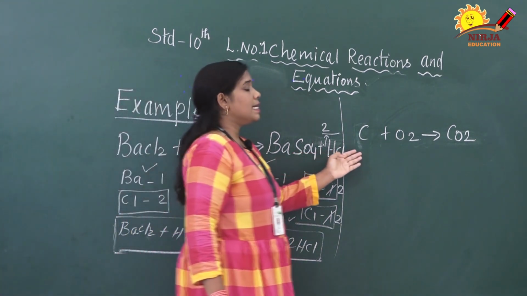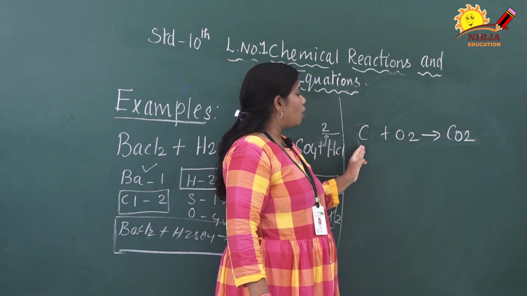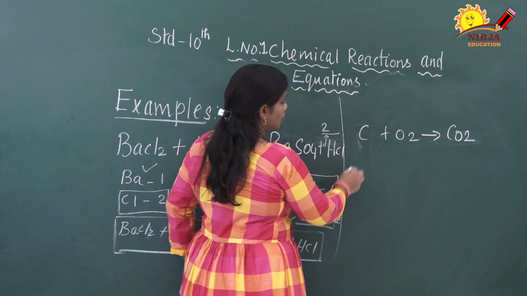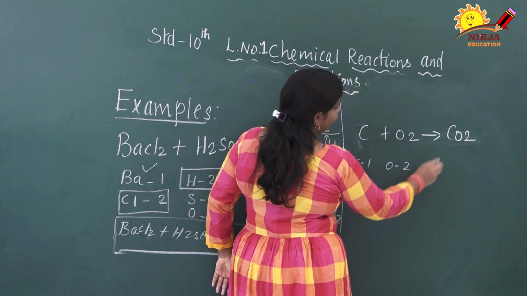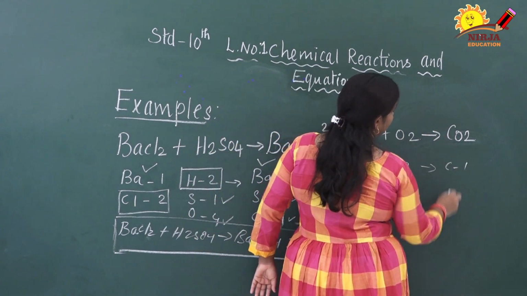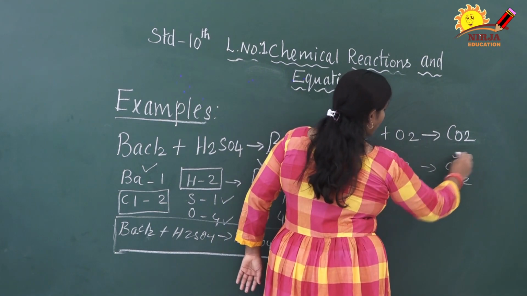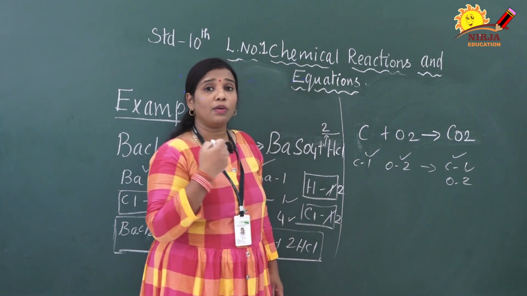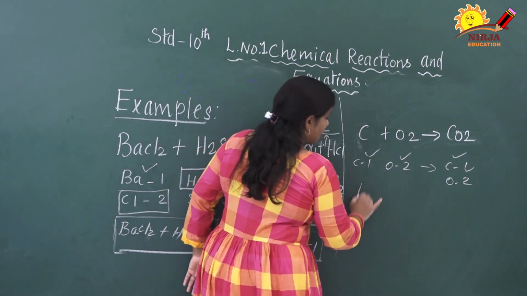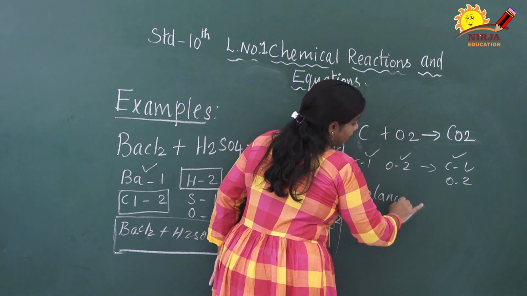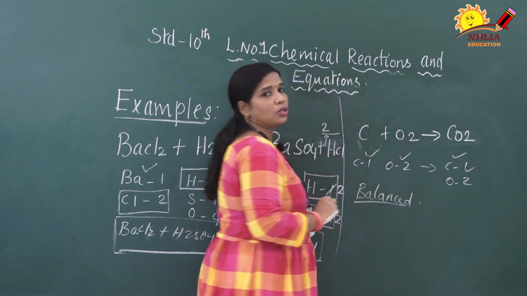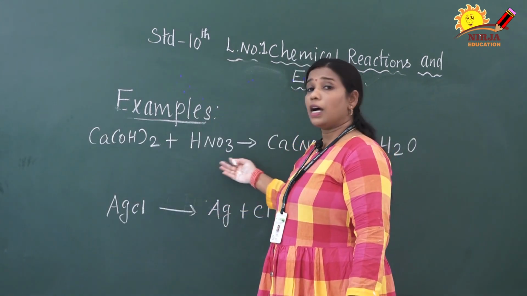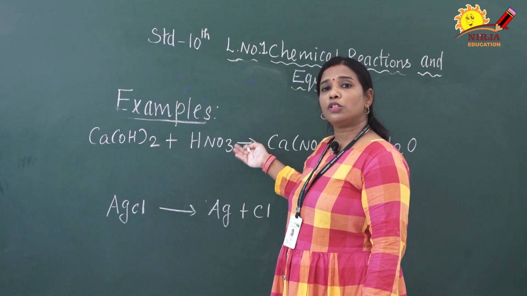Now we have to go for the next example, that is carbon reacts with oxygen, it produces carbon dioxide. Now you see this is number of carbon 1, number of oxygen also 2. This side also number of carbon 1, number of oxygen also 2. So 1, 1, 2, 2. Already the equation is balanced. Suppose they are already giving the balanced equation, it means you have to write the equation is balanced. It is a balanced equation. Clear? Now we are going to learn the next two equations, how to balance.